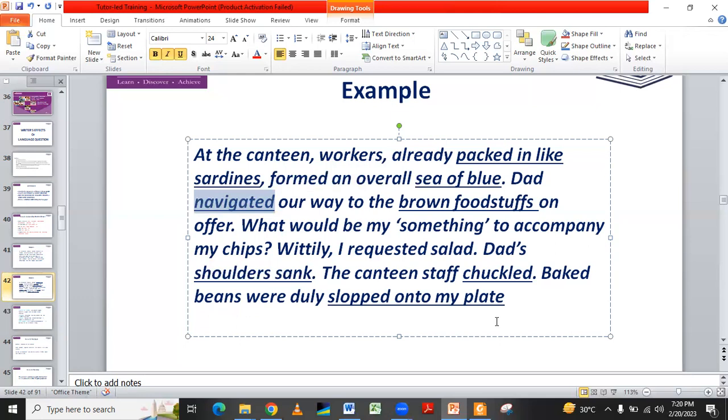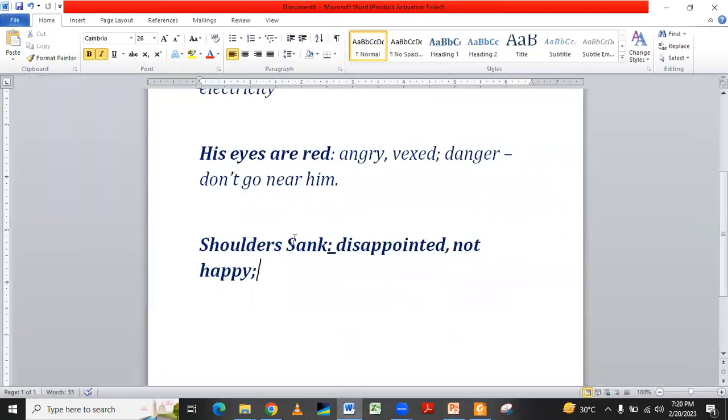If you help me out now. I think my answer is wrong. What's your answer? I was going to say, but since you said you can navigate, I need to sink. Yeah, like ship now, like ship. Now, look at this. Shoulders sank, it means it's not happy. What sinks? A ship. You see, once you get the points,